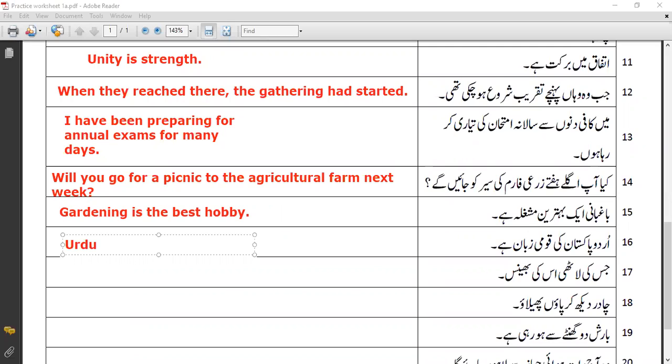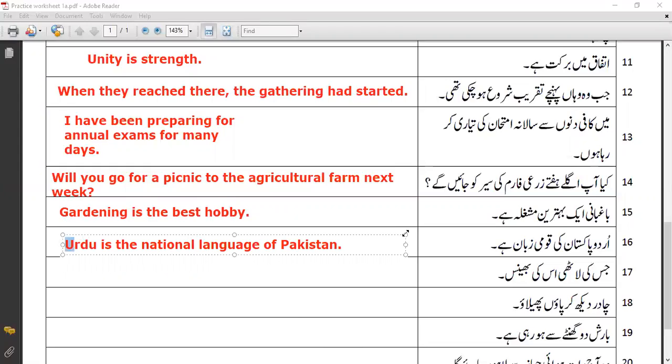Urdu is the national language of Pakistan. Now, in these kind of sentences, though the translation is not that difficult, but what mistakes usually children make, you need to make sure that you are careful with the punctuation. You see, P should be capital over here. Okay, U in Urdu, obviously here it's the first word, so you hardly make mistakes here.